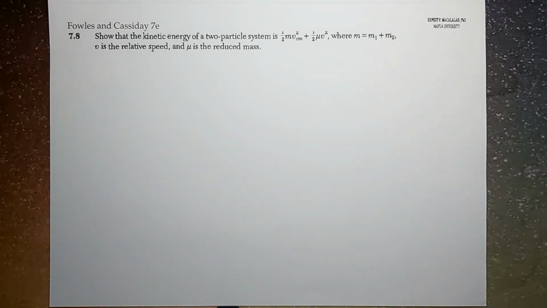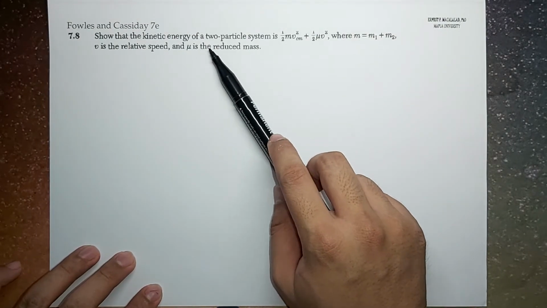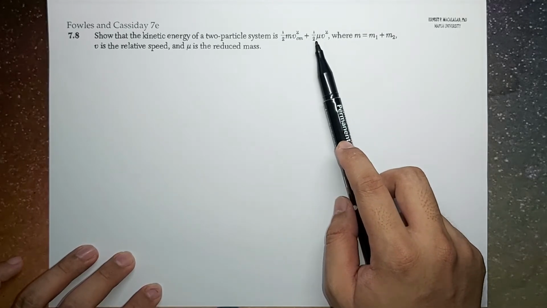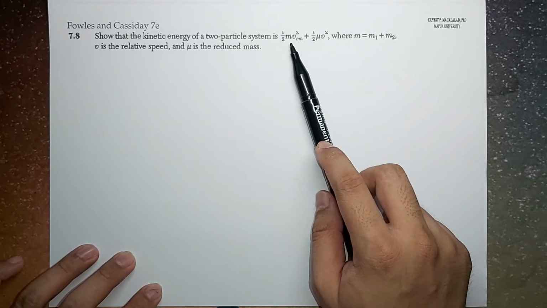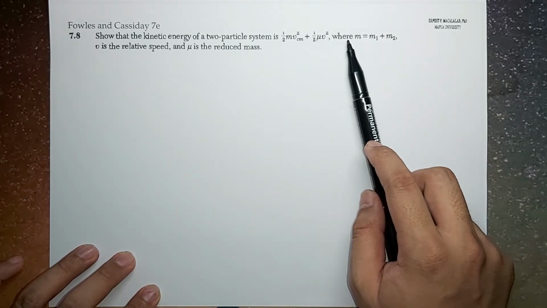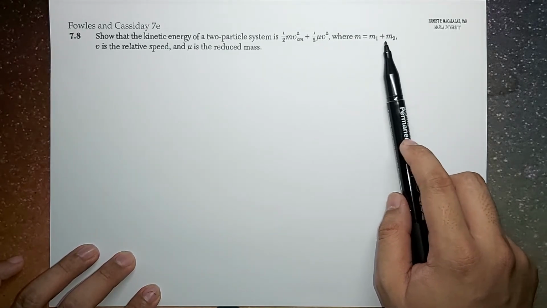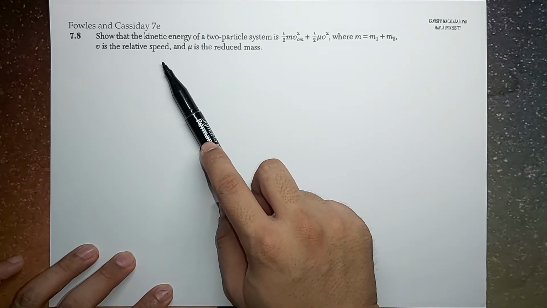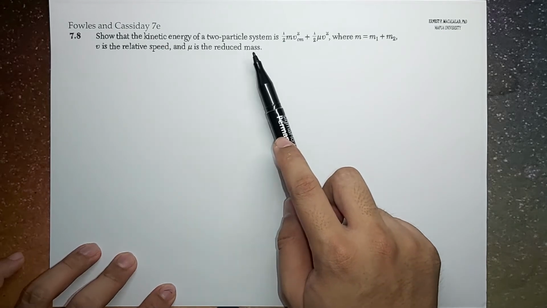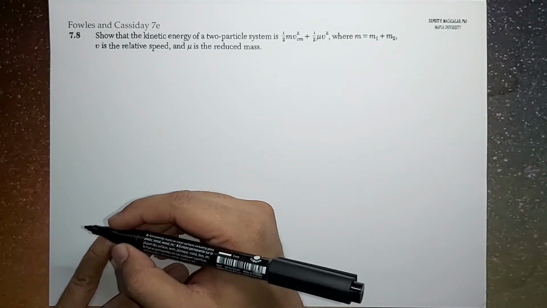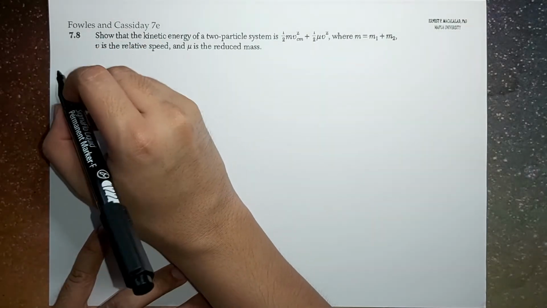edition. The problem reads, show that the kinetic energy of a two-particle system is 1/2 m V_CM squared plus 1/2 mu V squared, where m is the sum of m1 and m2, V is the relative speed between m1 and m2, and mu is the reduced mass. Okay, so for a two-particle system,